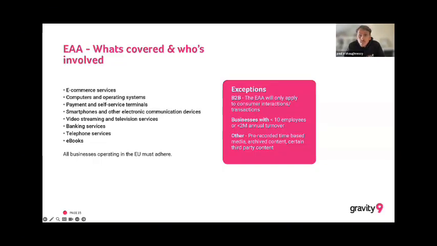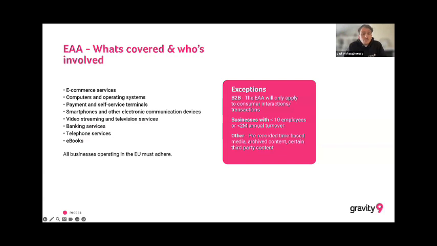In a little over 6 weeks' time, businesses must ensure that the products and services covered by the Act are accessible, which include, as you can see from this here, all these different kinds of products and services. But for today's talk, we're obviously focusing on the e-commerce side of things. So in the UK, if your company sells a product to anyone within the EU, you must be EAA compliant. There are a few exceptions to compliance with the EAA, and these include